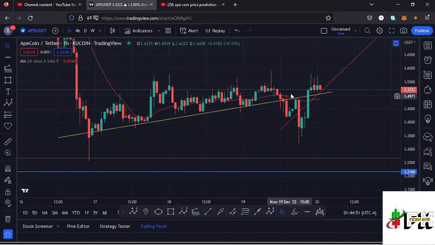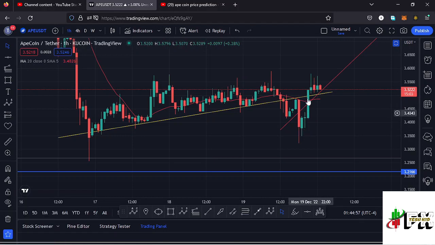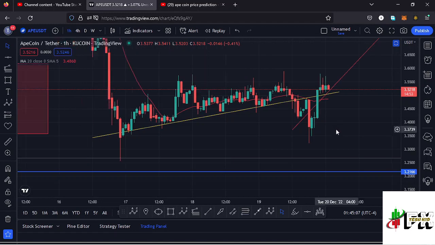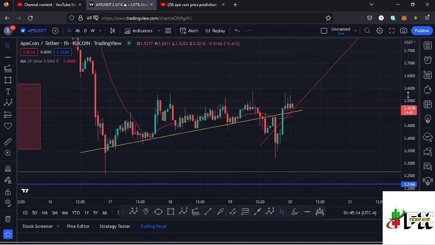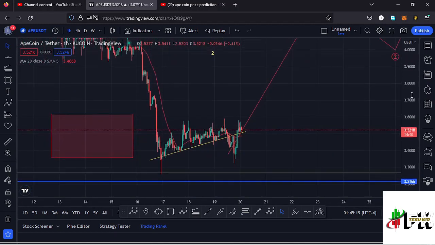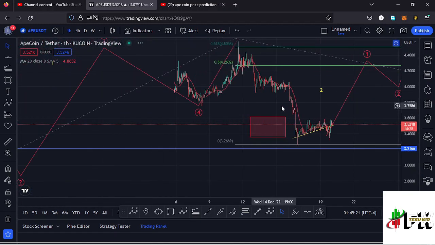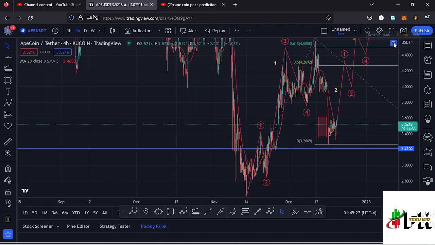You can see we had lost it and also lost the 20-day MA. We continued pushing a little bit lower, and as we try to have a retest of the trend line so that we can continue pushing even lower, you can see we have managed to break above the trend line once more, and right now we are trading above it, and that means it's now acting as support, and there are chances that we might continue pushing even higher, and that might be the start of that wave 3 that I'm expecting, which is an impulsive wave, and also expect to see fractal waves within that wave 3 to the upside.